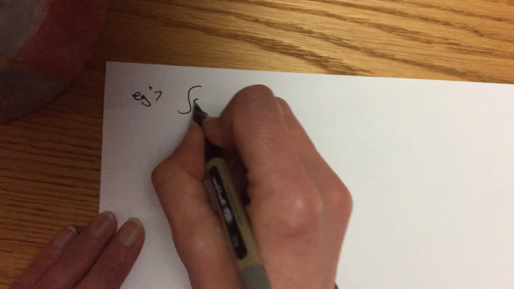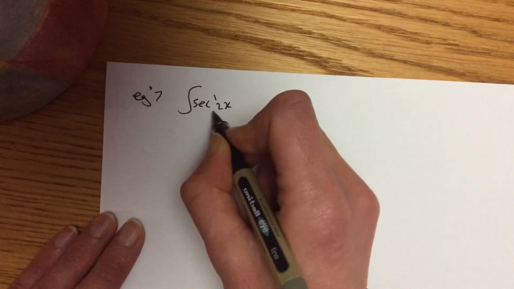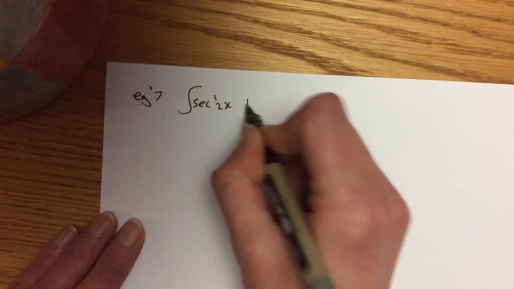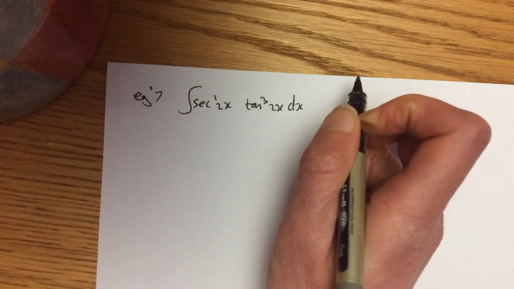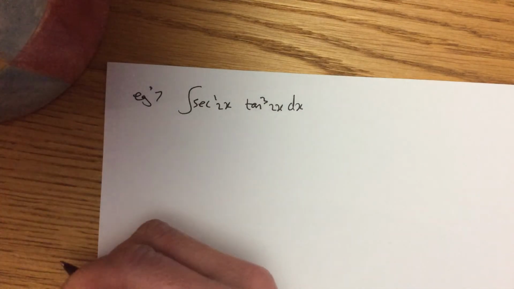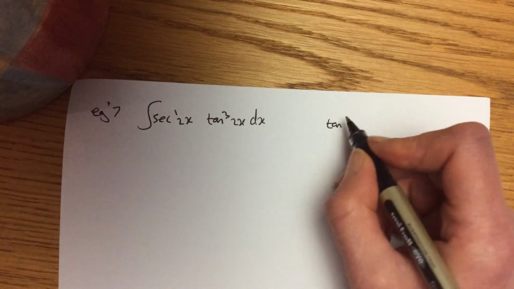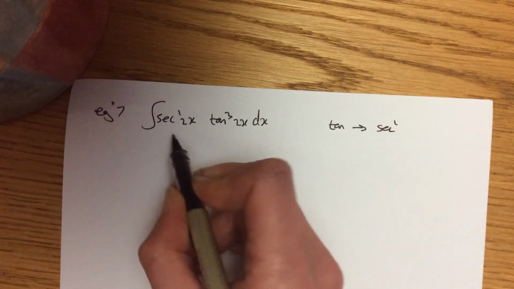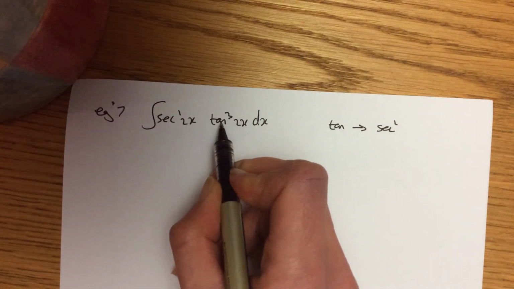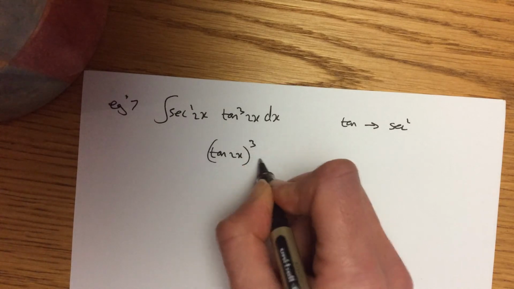You've got sec squared 2x. I think I've left off the c in my notes, but it's sec squared 2x times tan cubed 2x dx. Very hard. Hopefully at this stage you are really familiar with your differentiation of trig. Remember, tan goes to sec squared. See this tan? If you treat this as a bracket,